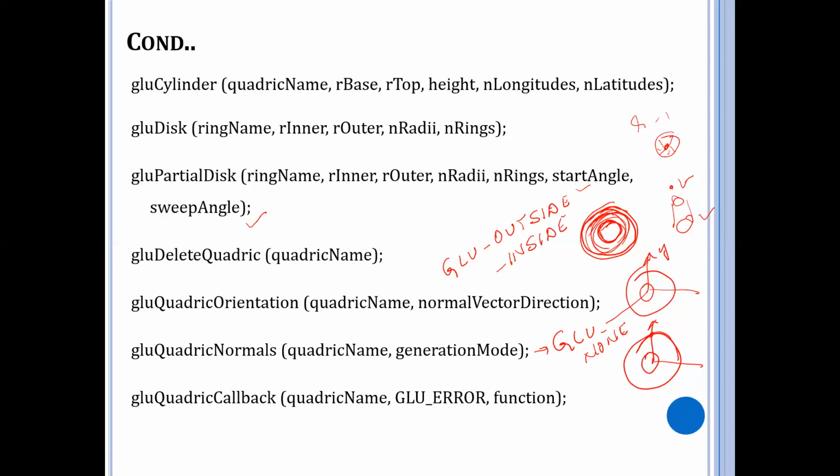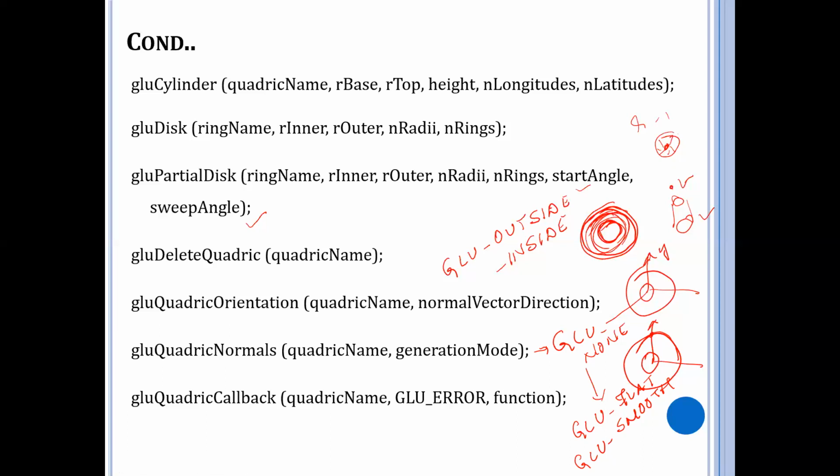This tells us how the surface should be represented. The different values that can be passed in are GLU_FLAT and GLU_SMOOTH. These are the two values that can be passed in. By default, it is GLU_NONE.